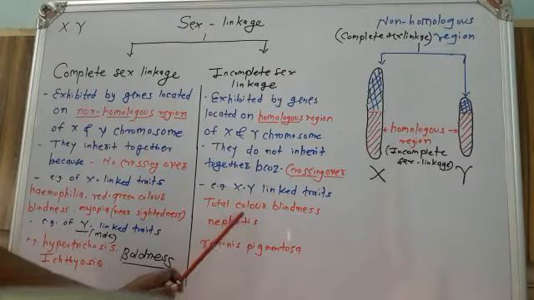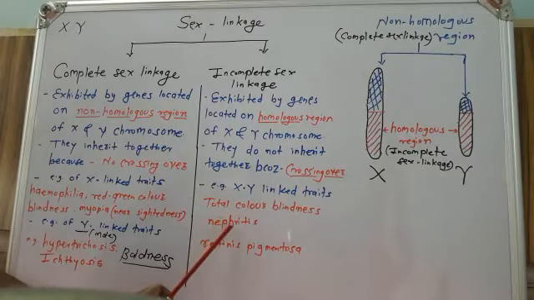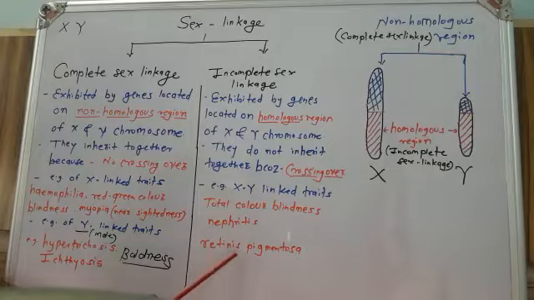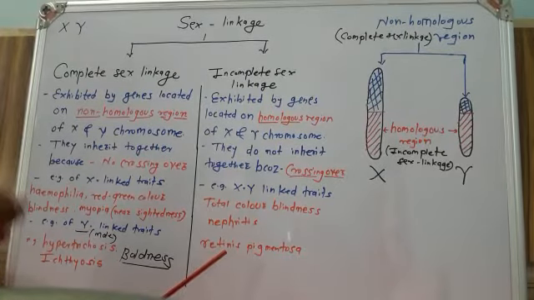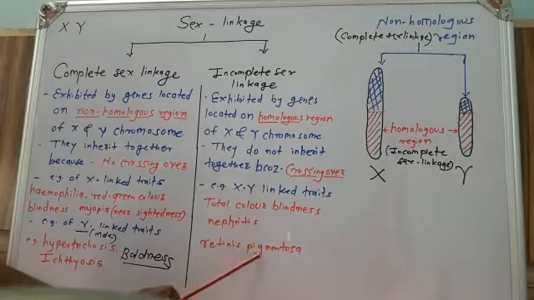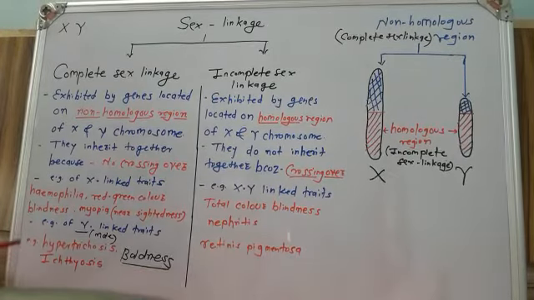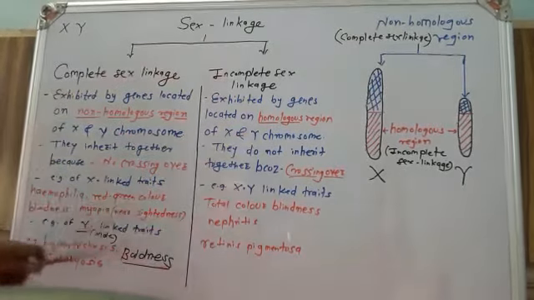The second disorder here is nephritis. That is inflammation of the kidney; damage of the nephron results in nephritis disease. Retinitis pigmentosa. This is a disorder related to our eye. The back wall of the retina, डोळ्याचा जो पडदा आहे साधारणतः तो डॅमेज होणे या डिसऑर्डर्समध्ये साधारणतः हे ट्रेट आहे त्या ठिकाणी रेटिनिस पिगमेंटोसा. So this is about sex linkage.